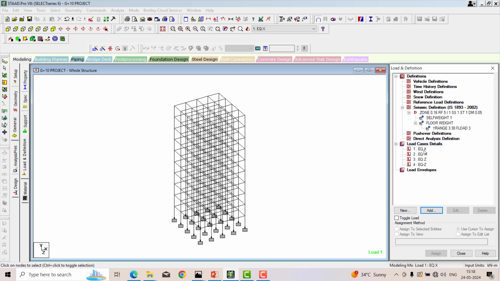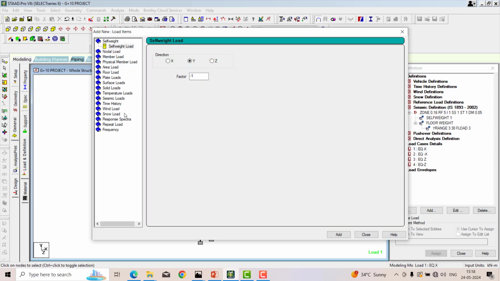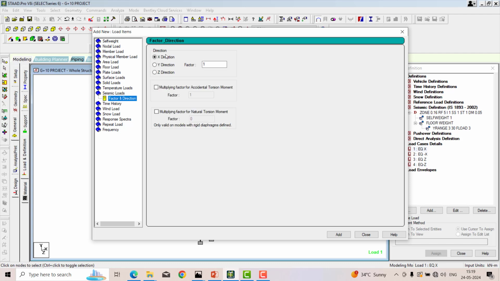Once I've added them, again you click on that X direction, click on the seismic loads, and make sure that for plus X direction there is X direction and a plus value, add and close.